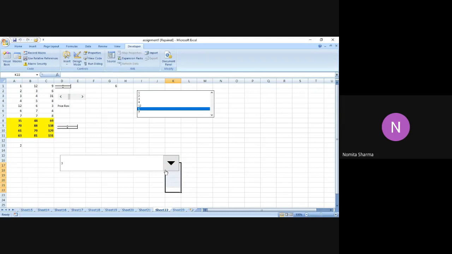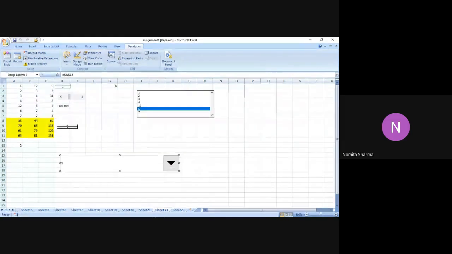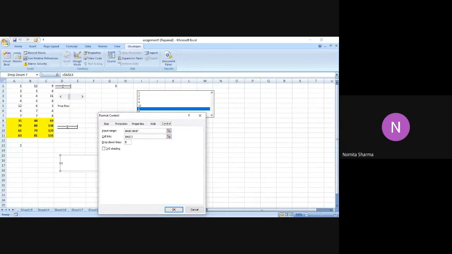So if I select 3, it is actually showing me the second position of this number, third, right? So wait, let me just check the range that I gave. The range I gave was from A2. That is why it is actually taking the third value and showing me the second position of the third value. It should have shown me the third position, but since the range is starting from A2, it is taking the number in cell A2 as the first number. But that's okay. I can change that.